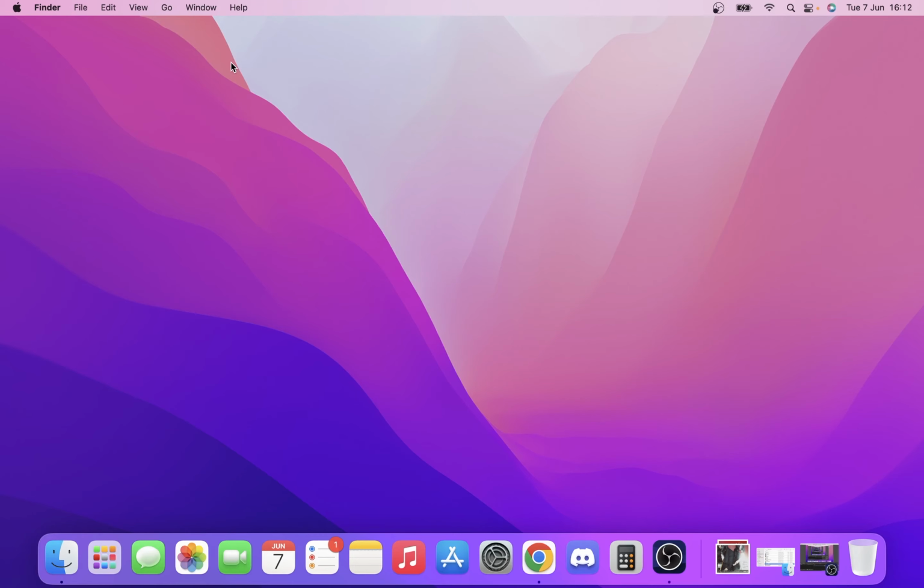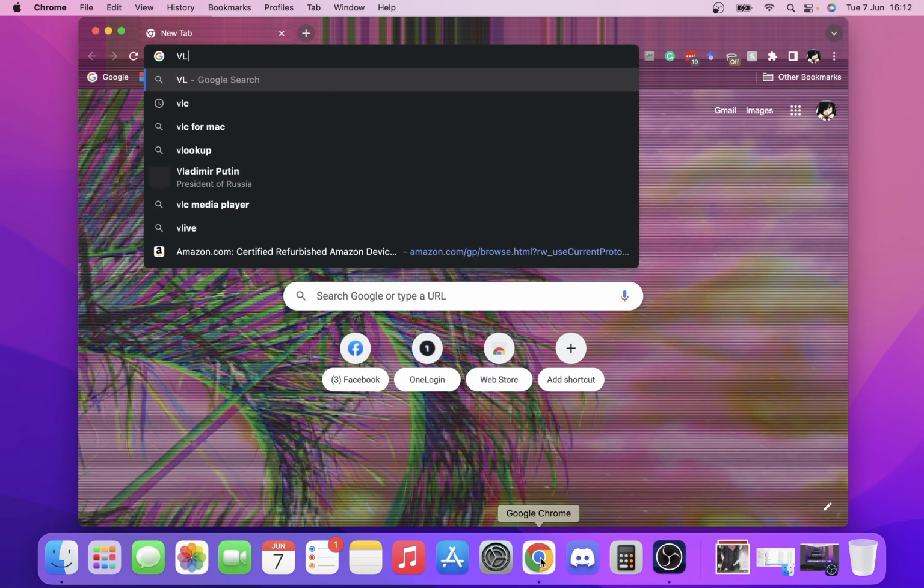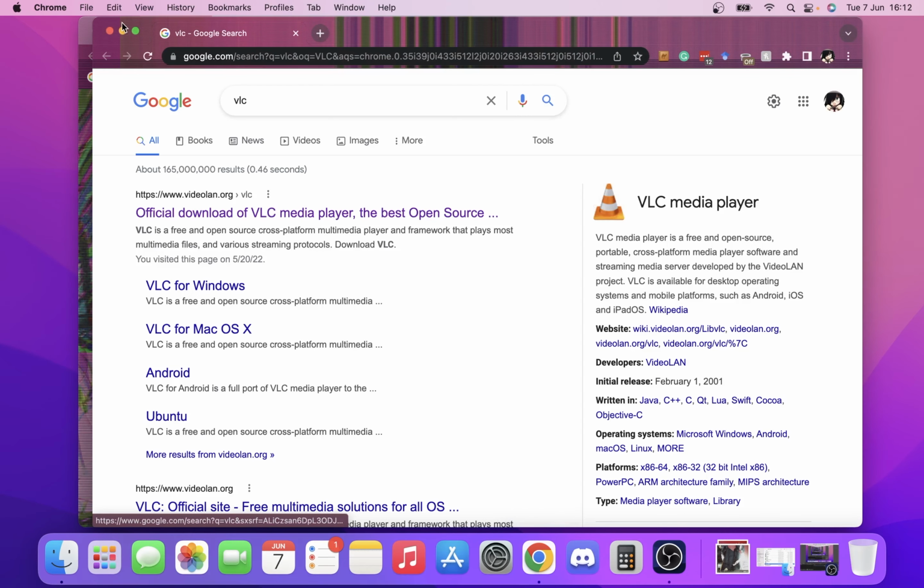So today we're going to look at how to download VLC and install it on your Mac. First off, you're going to want to open up your browser and type in VLC. So as you see here, type in VLC, you're going to come to